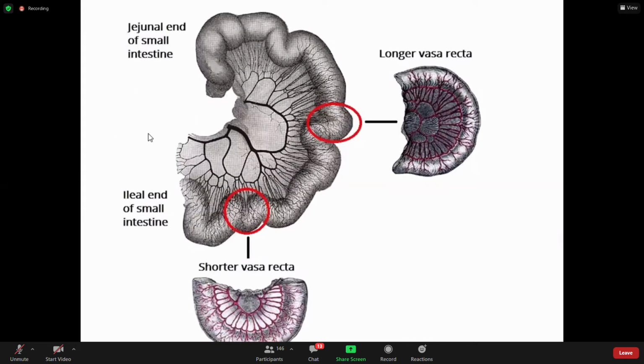You can see this in this picture also. This is the duodenal end and the ileal part. So this is the small intestine. You can see here 1 or 2 rows of the arterial arcade, then the long vasa recta. While if you are moving from the duodenum to the ileum, these arcades are more than 1 row. The number of rows is more, and they are smaller, and they have a smaller distance, the vasa recta.